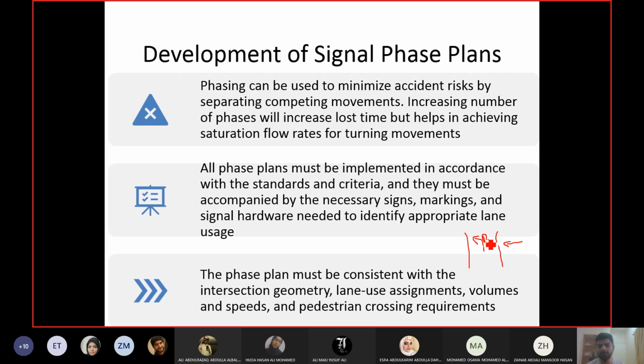I may cross half the road, but when I come here, this phase is still open, so I cannot cross the rest of the road. So you have to provide me an island here. Otherwise, where will I stand? I'll be in the middle of the road. This is what they mean by meeting the pedestrian requirement. Wherever you are providing different phases and the pedestrian is allowed to cross from the direction, you have to provide refuge and a waiting area for the pedestrians as well. If he has to wait between two phases, you have to provide an island. If he has to wait between two directions, the median should be wide enough. It should have a crosswalk and everything.